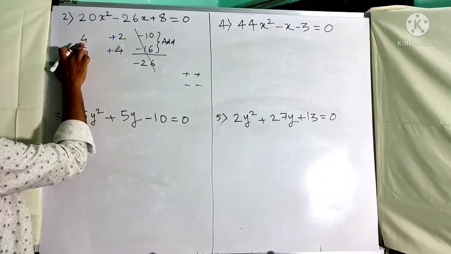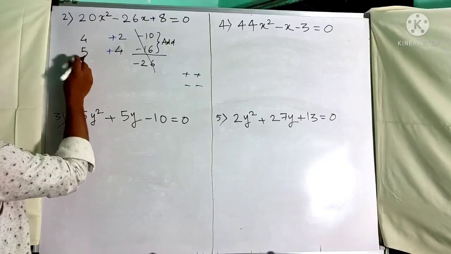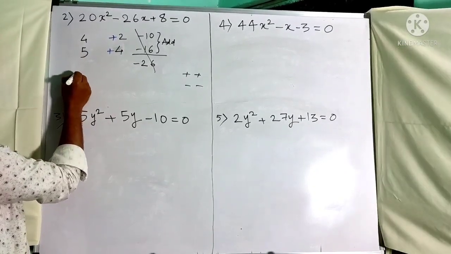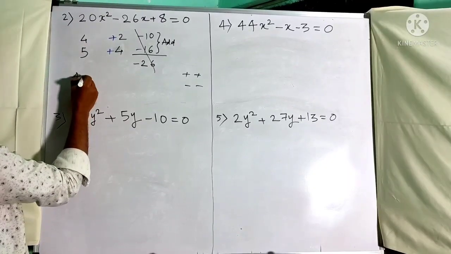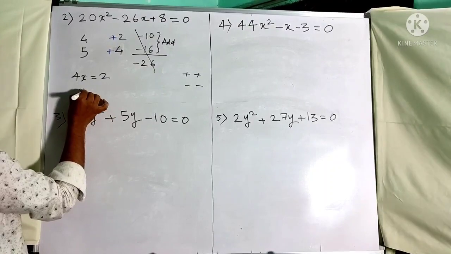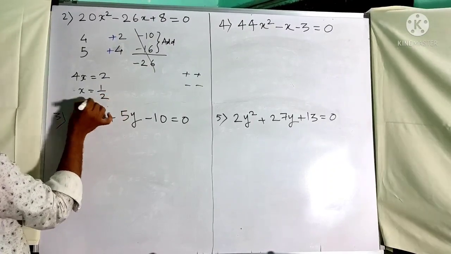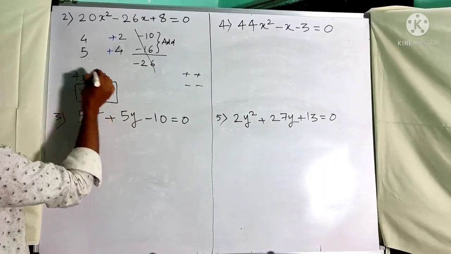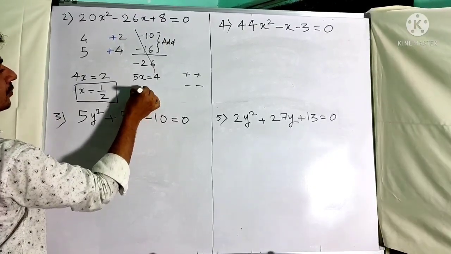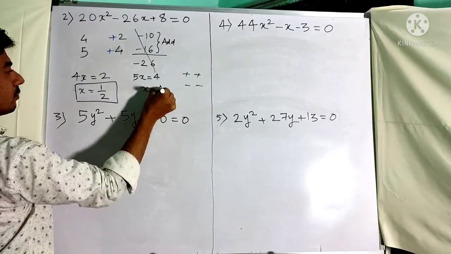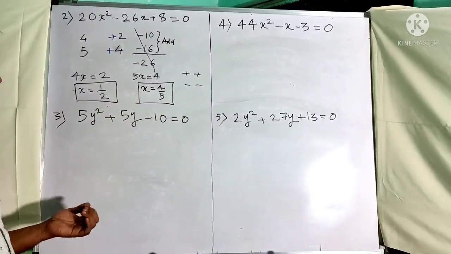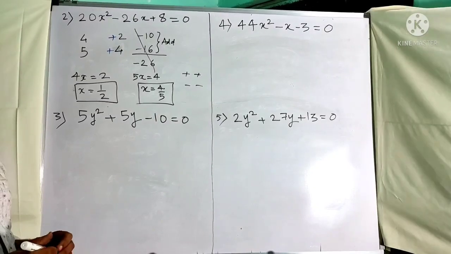Here it is not alone, it is with the x, because these are a terms. Therefore the equation can be written as 4x equal to plus 2. Therefore x is equal to 1 by 2. And the second one is 5x equal to 4. Therefore x is 4 upon 5. That's it. We have got the answers just in a matter of seconds.